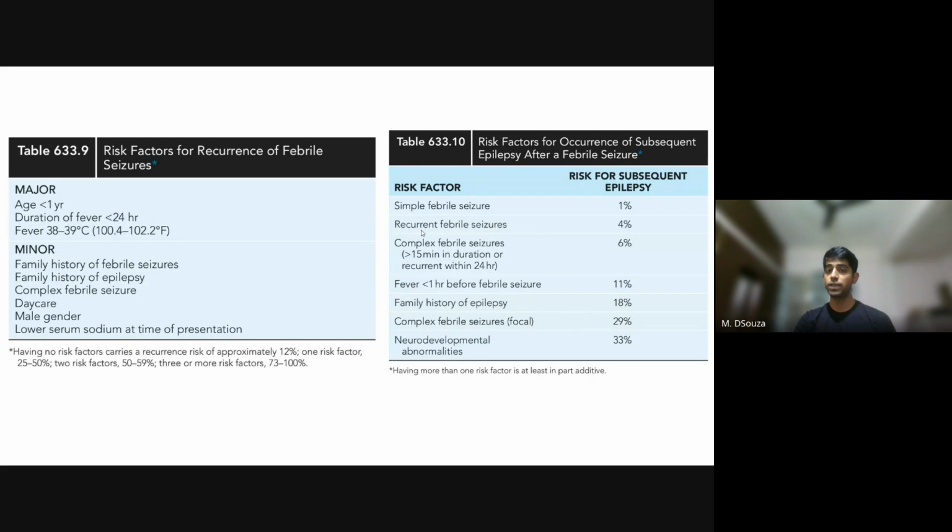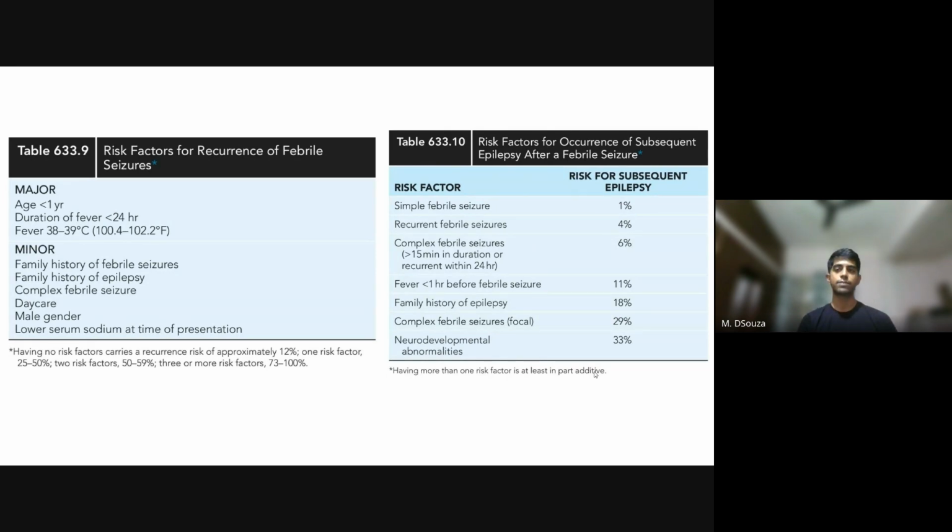It is only when we border on complex febrile seizure, in children who have a family history of epilepsy, in children who are neurodevelopmentally abnormal, where the subsequent risk for epilepsy is higher. And therefore, you would appropriately counsel them. And this would also help you decide on whether or not the child requires further evaluation. So coming towards differentiating between a simple and a complex febrile seizure, as I've taught a lot during our internship,